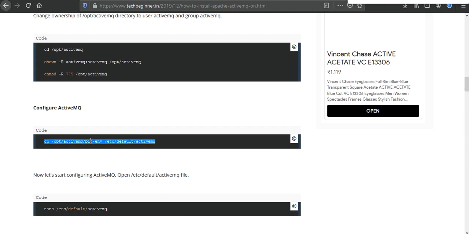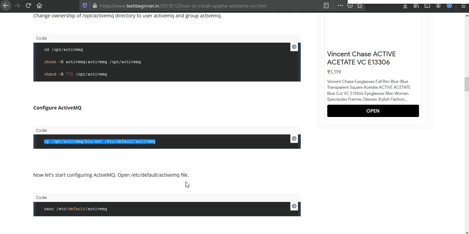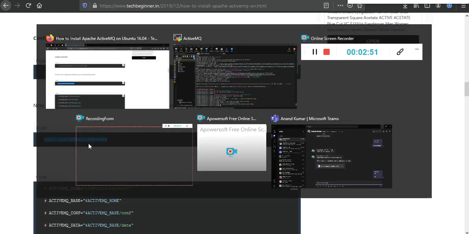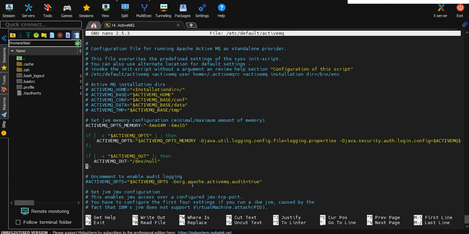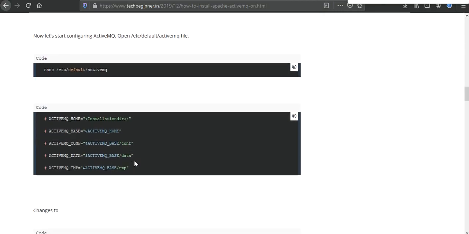We just need to copy the environment file to the default ActiveMQ directory, and then we need to open the config file. So we can see the ActiveMQ installation directory, and these are all comments here. So what we need to do is change it, so we will get the code just like this.